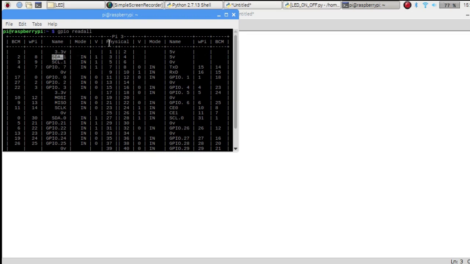So it depends on your preference which type you want to select. For this project, I am selecting the physical method. So pin 1 acts as 3.3 volt and pin 2 as 5 volt, and pin 11 and pin 12 as GPIO. I prefer you go with the physical method. It is easy to understand.